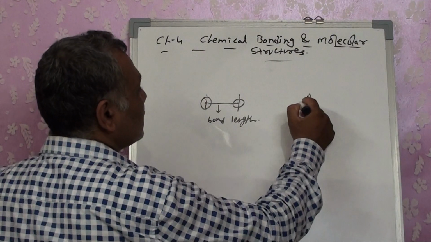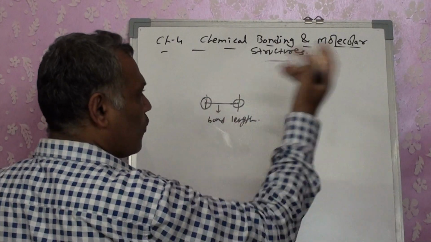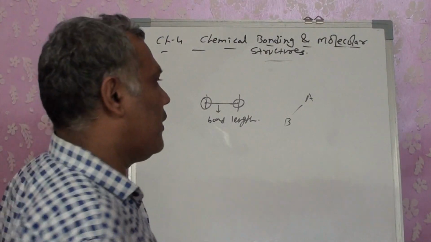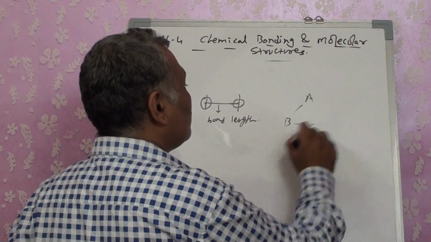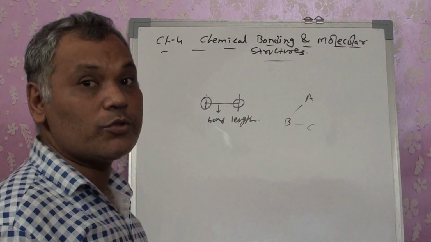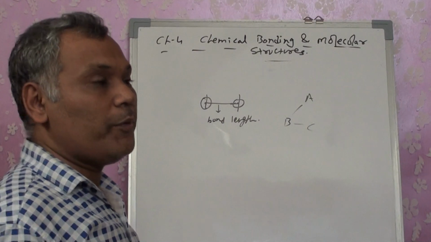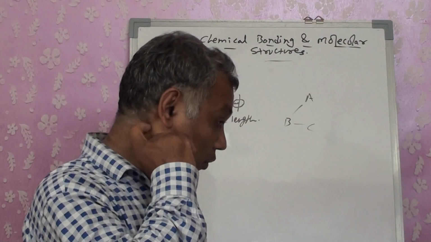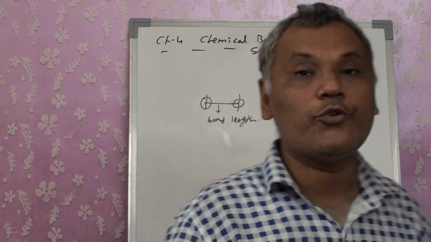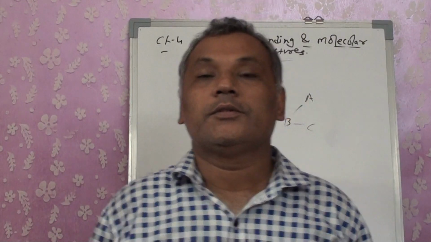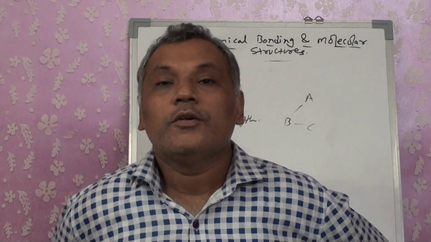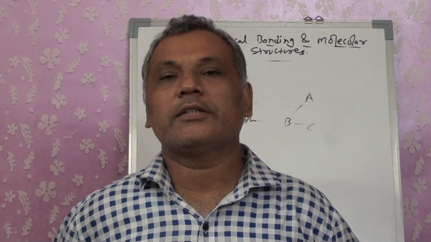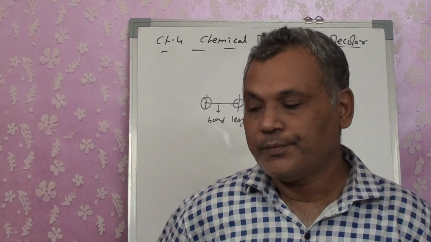When two atoms are bonded with one another, we don't have a bond angle of 180, it's fixed because it's linear, right? But when you have more than 2, there is a possibility that those may have 180 or less than 180, right? So that means bond angle means what? The angle formed between the two covalently bonded atoms. The angle between the two covalent bonds is considered to be the bond angle, right?